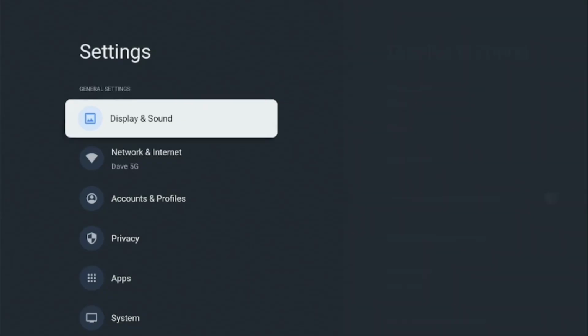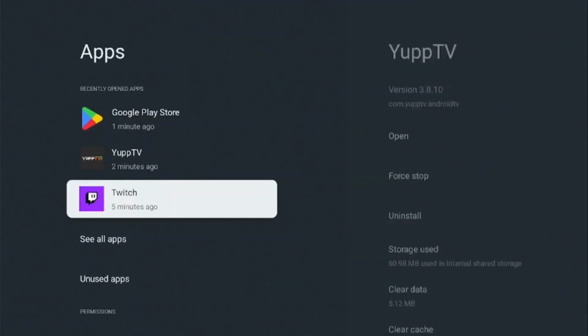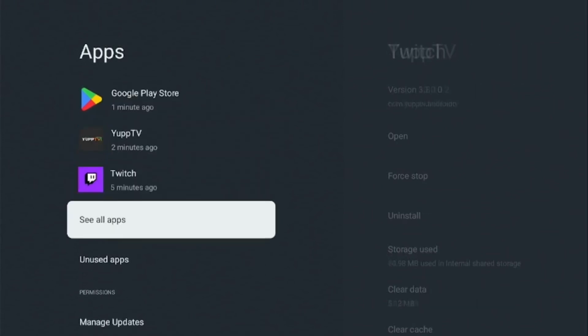Just go to quick settings and then all settings. Navigate down to apps and click on apps. You can find the Google Play Store right there. But if this is your first time, or if you don't have the app there, this is a procedure to